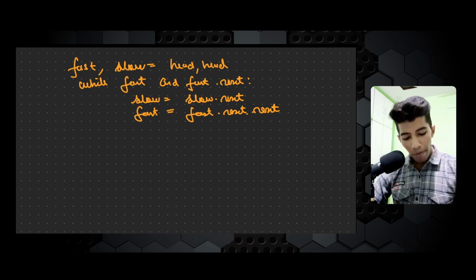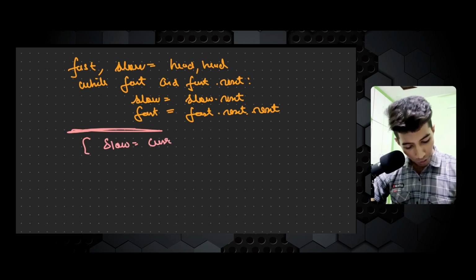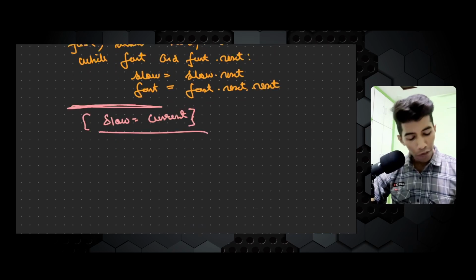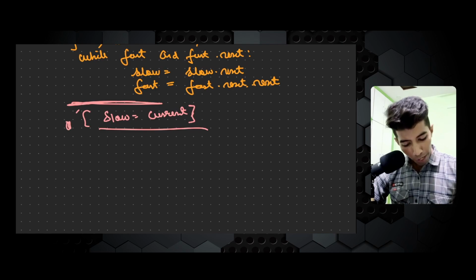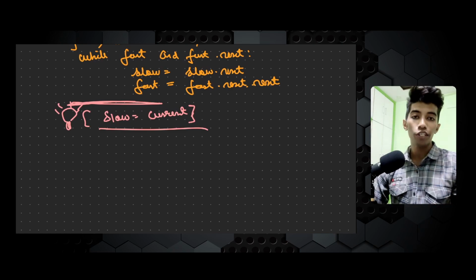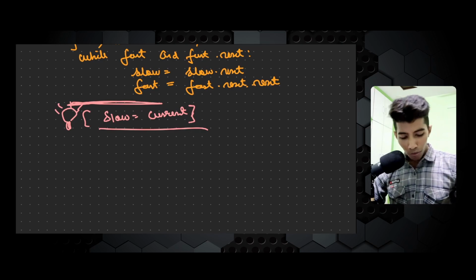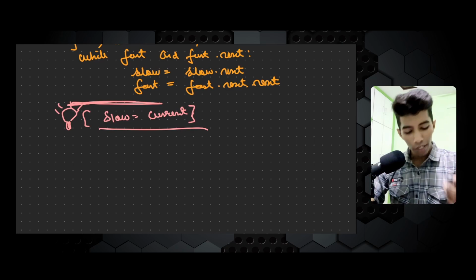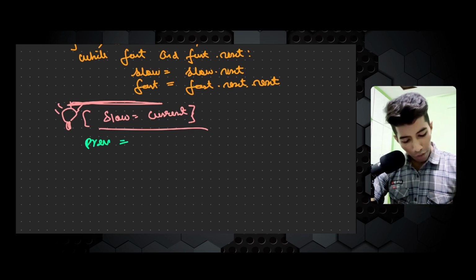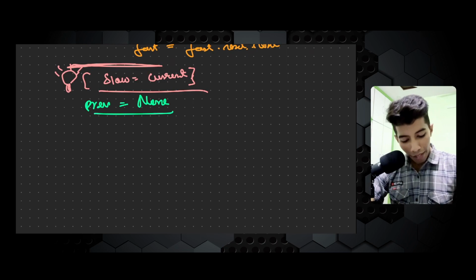Now remember one thing. After this step I am writing one note. Your slow pointer is current. Now your slow is current, so you will require a previous pointer also. You have to keep this in your mind. I am giving you one insight. That's why I haven't changed the name of the pointers, so that you can easily map this concept. Slow is now my current pointer, and I have created a previous pointer as None, right? Because current is now pointing towards the head always. So I have to create one previous pointer,